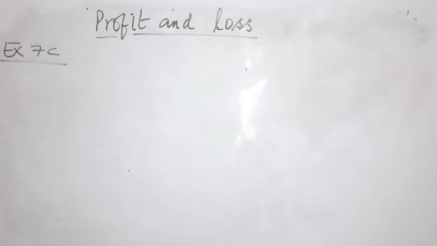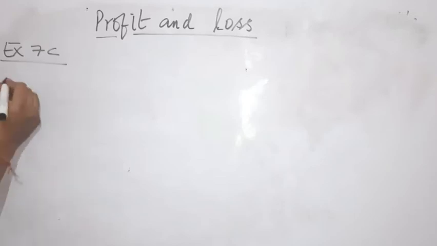So students, exercise 7C, question number D. Parth bought bike for rupees 42,000. He spent rupees 1,800 on repairing some of its parts. Later, he sold it for rupees 41,000. How much profit or loss did he make? It is the same question as we did option number C. So that is all same.